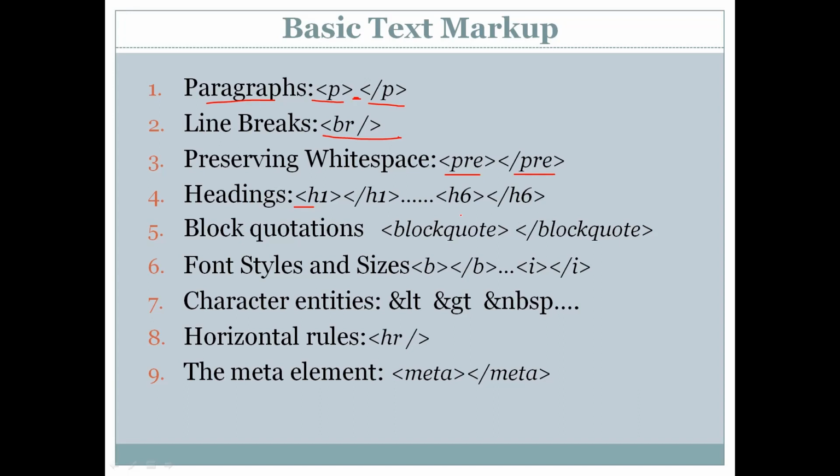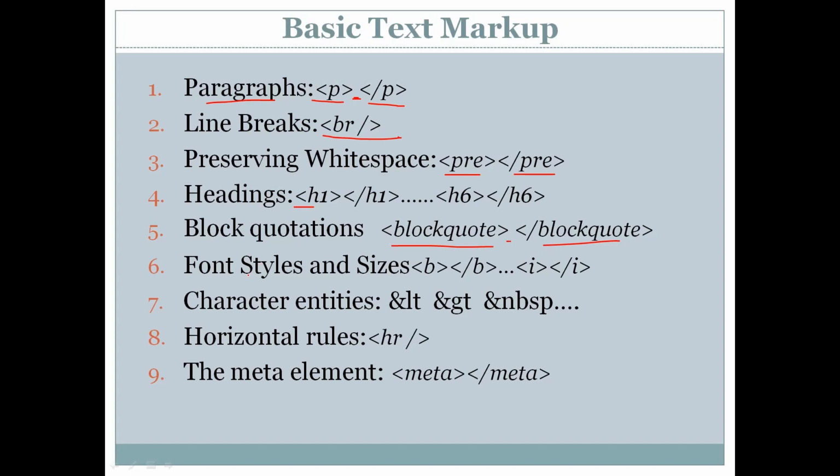All the heading tags can be used to display heading text. When I say heading, it has proper formatting like bold font, and the size is larger than the main body of the content. So we have a total of 6 different heading tags. We will discuss heading tags again in a later session. Then block quotation. For that we use a tag blockquote. Again, it has content, so we have an open and close tag.